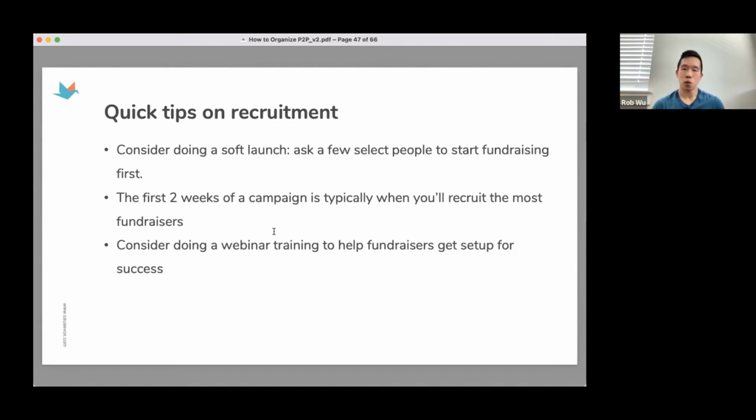And then very lastly, you want to consider doing some type of training too. A lot of times the biggest barrier for people to fundraise for you isn't the message, isn't the idea, it's actually fundraising best practices. Because once you put yourself in the shoes of your donors, they're donors, they're not fundraisers. So they may not know how to make an ask or the best way to do it. So providing them with some education and training is very empowering for them.